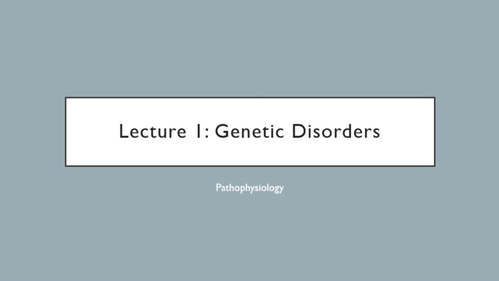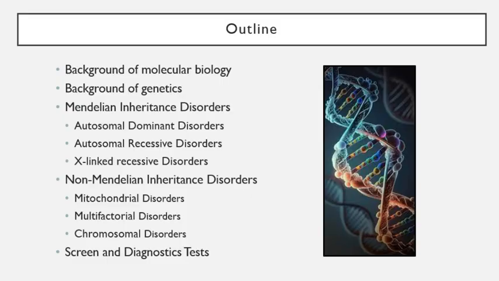Okay, so the first lecture is going to be on genetic disorders. With that, we're going to talk about some background on DNA, molecular biology, background of genetics, and then we're going to go into different types of disorders. There's Mendelian inheritance disorders, where we talk about Punnett squares and then different probabilities of